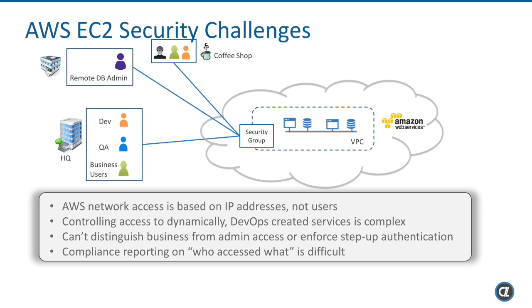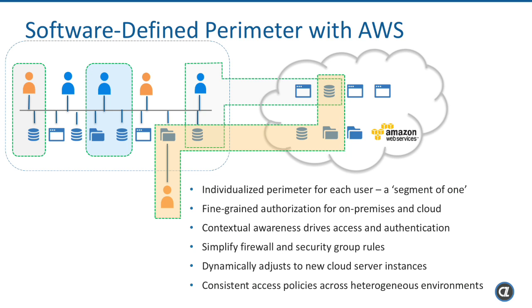As a recap, AWS security groups are centered around IP addresses and not users. This results in difficult management of adaptation to changing users and server environments. The software-defined perimeter is addressing these issues. AppGate has implemented the software-defined perimeter specification, which provides a dynamic and individualized perimeter automatically adapting to policies and users. We capture the contextual situation of the user and the system, and it can dynamically